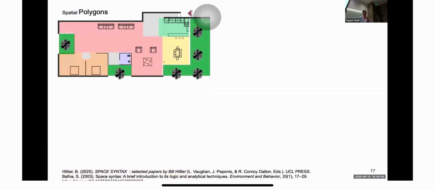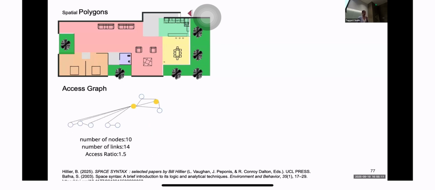Here we have spatial polygons that indicate the areas of each specific function where we don't have real rooms. For instance, for the functions of kitchen, dining room, and living room, the polygons show us where each of them is. Then we have the axis graphs, where the nodes are each function, as I mentioned, like kitchen, dining room, living room, etc., and the links are the connections between them. So we have the axis ratio, which is the link to node ratio, that, for example, for the open environment is 1.5.